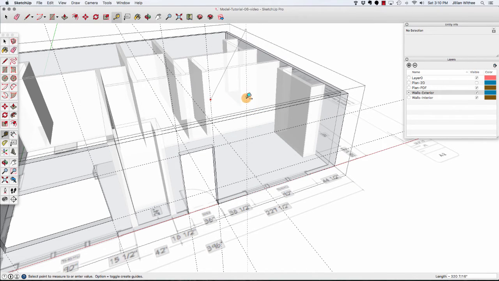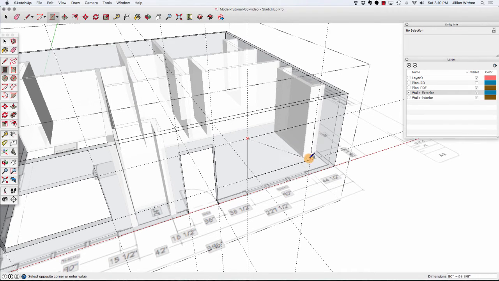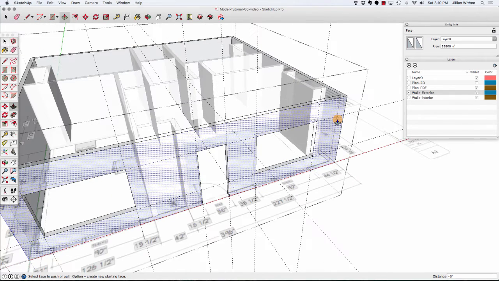Now let's see how that line isn't red or green right now? I want it to be on the red axis. So I'm going to hover over this edge to make sure that my guideline is snapped to the red axis. And I'm going to type 38.5, and then I'll click on the one I just created and bring one over that's 90 inches, hit R for rectangle, connect the dots, P for the push-pull tool, and pop open that opening